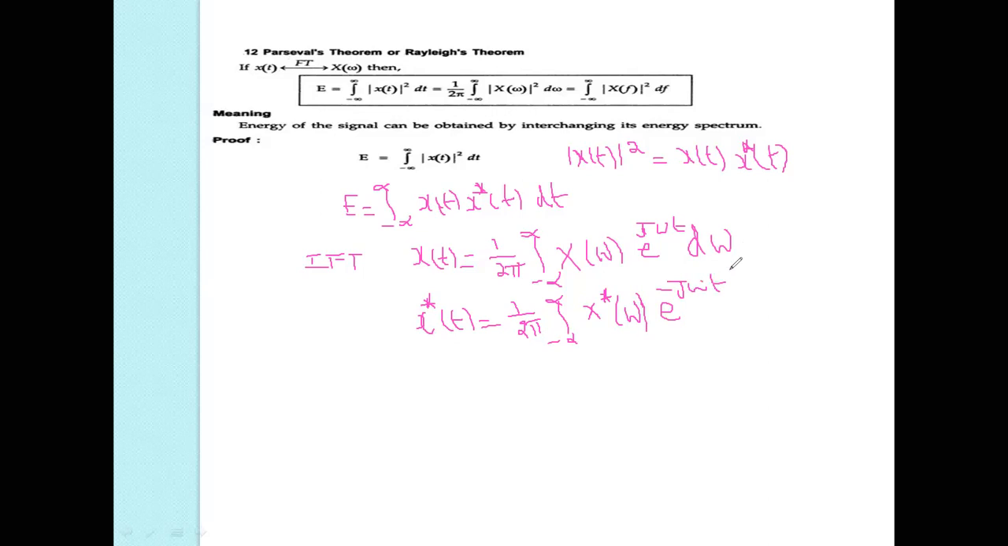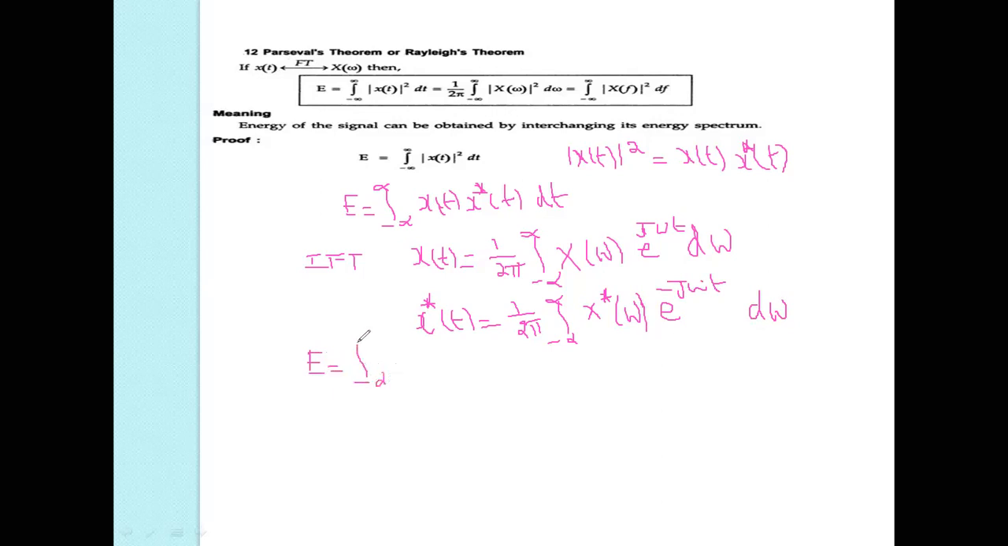For the dt, it is a d omega. Don't write this star here with respect to or applying the omega only. Only there is a change for the imaginary terms because it is a complex d omega. Now replace this x star of omega in this energy equation. So energy E is equal to